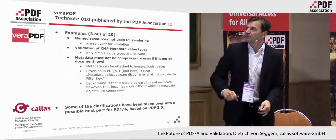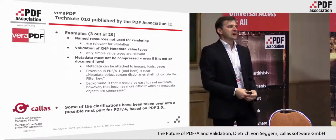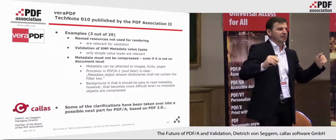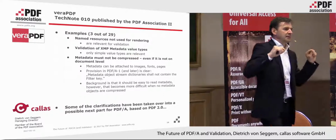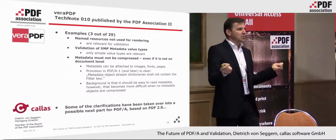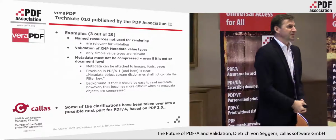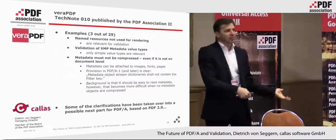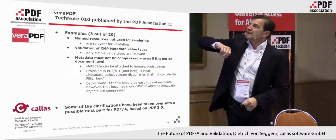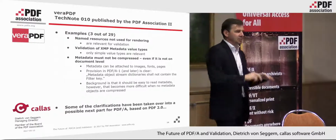And then the second case is about XMP metadata, about value types in the metadata. To what extent is a PDF/A file invalid if, let's say, a structured value type for address uses text in what is supposed to be the zip code? Is this a PDF/A problem or not? And so it was agreed that only simple value types like number or text should be validated, but not